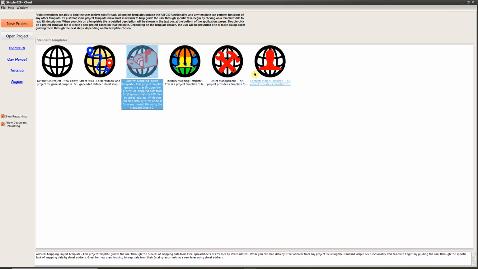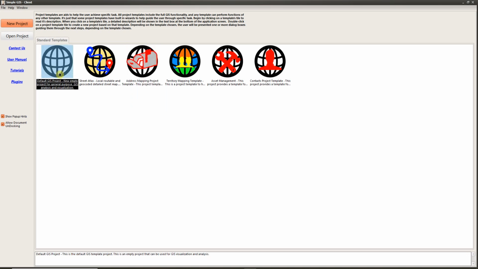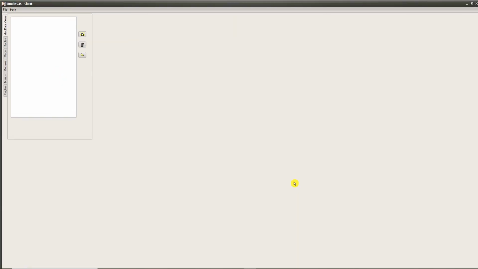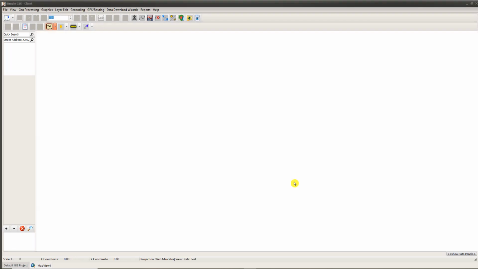Now, whenever you launch one of these project templates, you'll be prompted for what base map data, if any, that you want to go ahead and add to your map. So just to demonstrate, if we were just to select this default GIS project template, to start a new project using one of these templates, you simply double click on the tile,